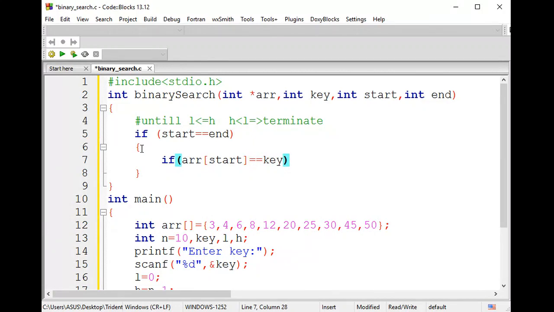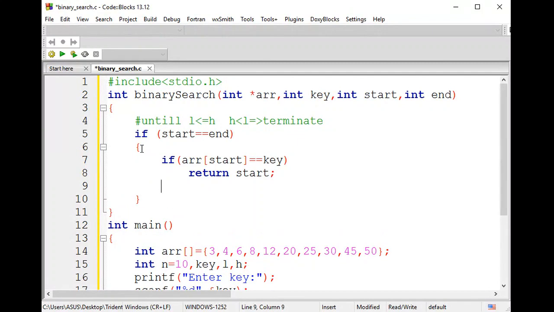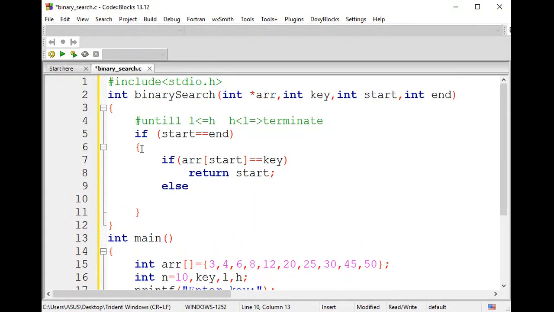If my array of start value equals my key value, I'll return my start value as the index position where we found it. Else, which means the element is not there, I'm supposed to return -1 as a result. Guys, is this clear? That is nothing but a termination condition I'm mentioning here.